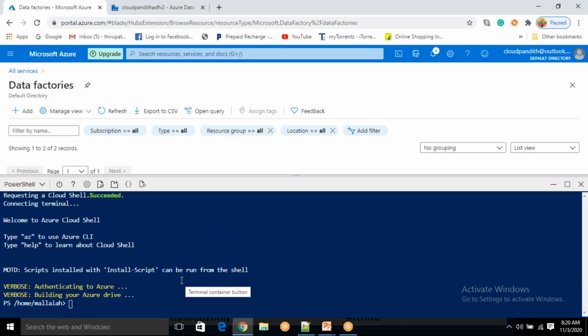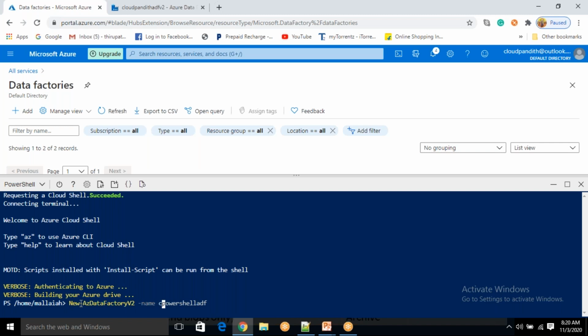Okay, if you want to create a new Azure data factory, then you have to say New. Now you need to type here New, and you need to use some kind of module. AZ is one module we have, another one is the AzureRM module. Any of these you can use. AZ is the latest one. Let's use the AZ module. Then you need to say what you want to create: a storage account, a data factory. I want to create a data factory. Which version do you want to create? V2. Okay, data factory V2 I want to create. What is the name you want to give for your data factory? The name I want to give for my data factory is PowerShell ADF.